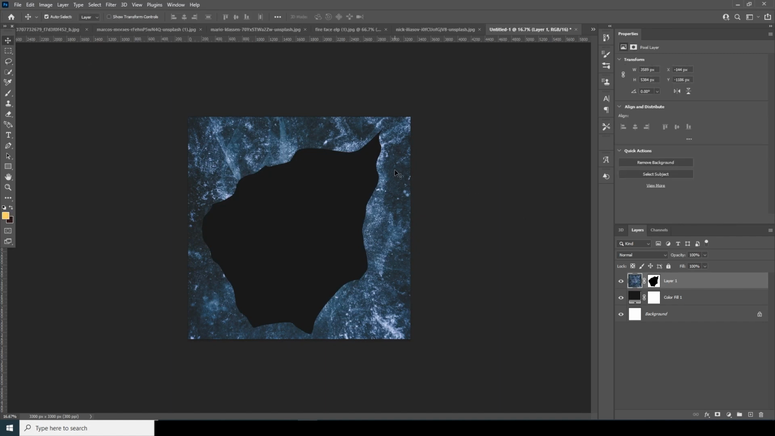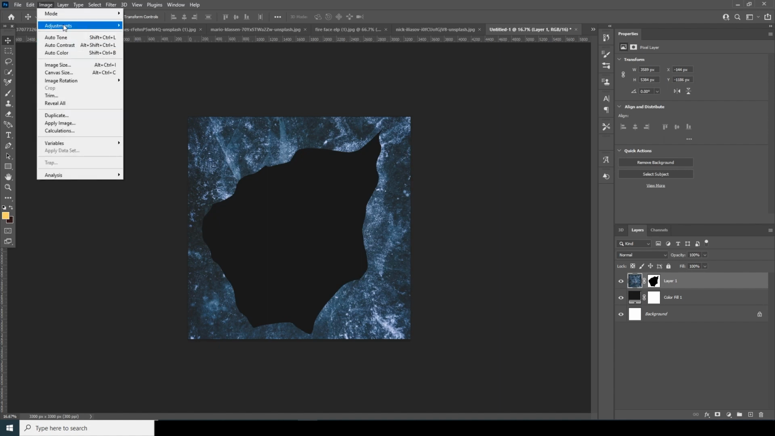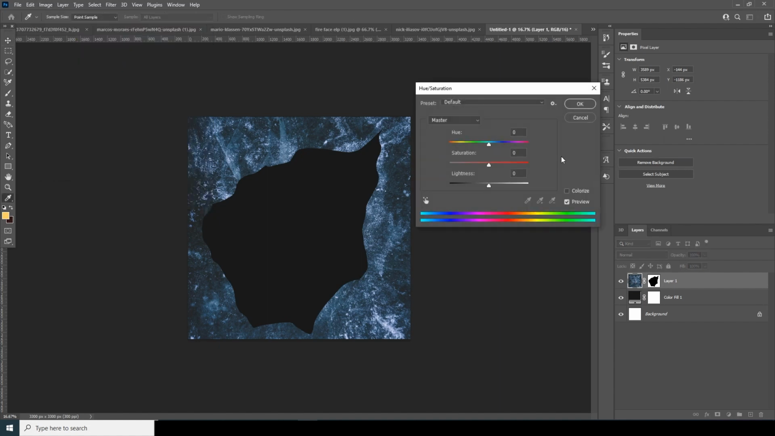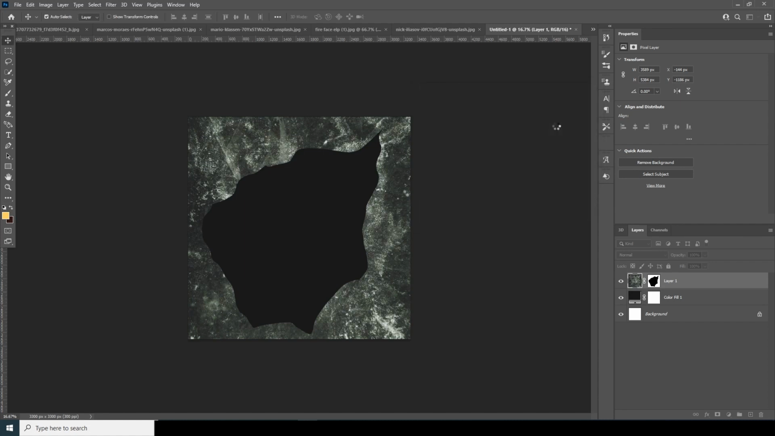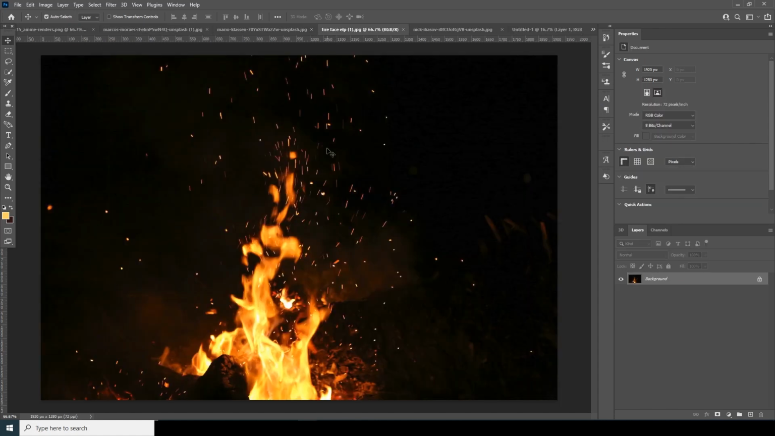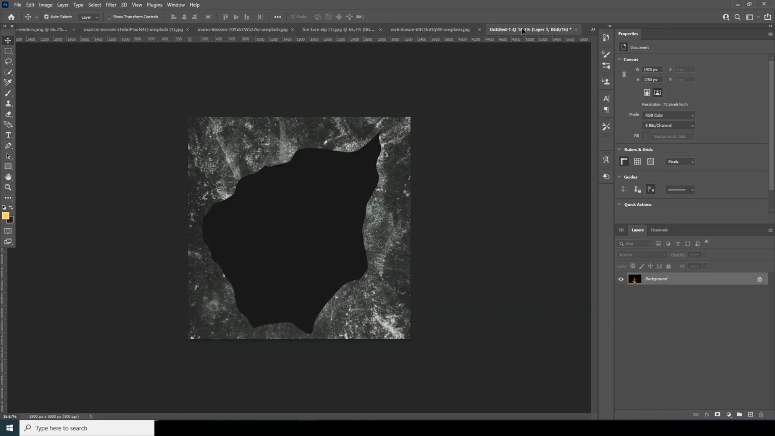And let's change the hue and saturation for this background. So select this layer, go to Image, Adjustments, and let's go for Hue/Saturation, and drop down the saturation, maybe somewhere around here, and let's go for a warmer tone, and maybe drop down some more. Yep, something like that. Now let's drag and drop this fire image right over here,